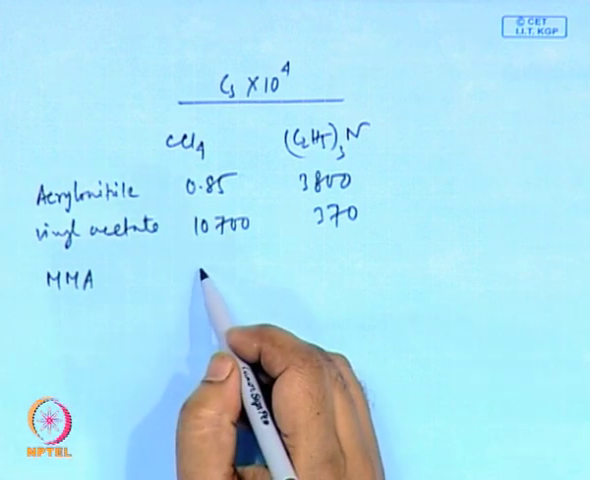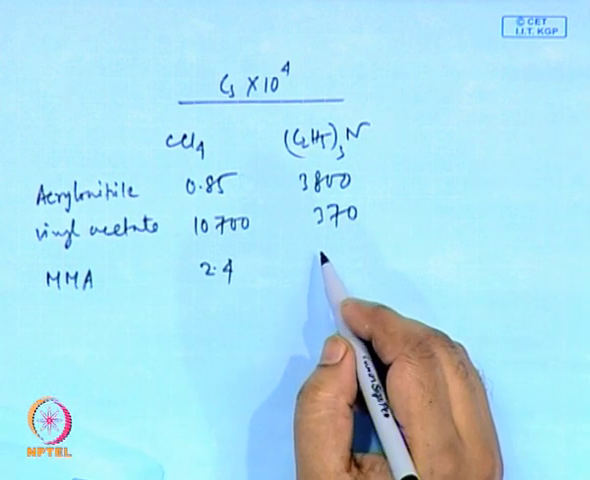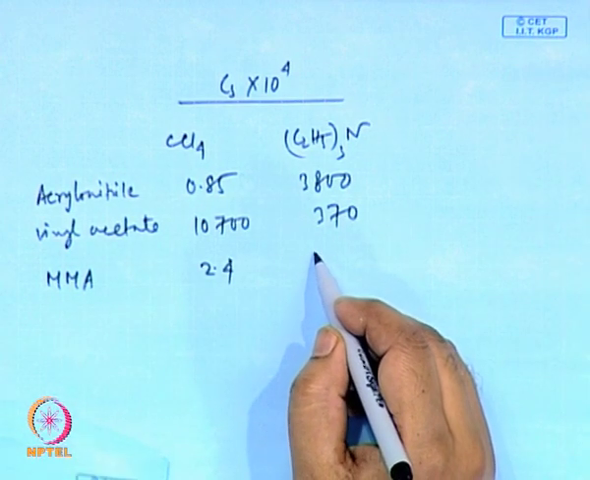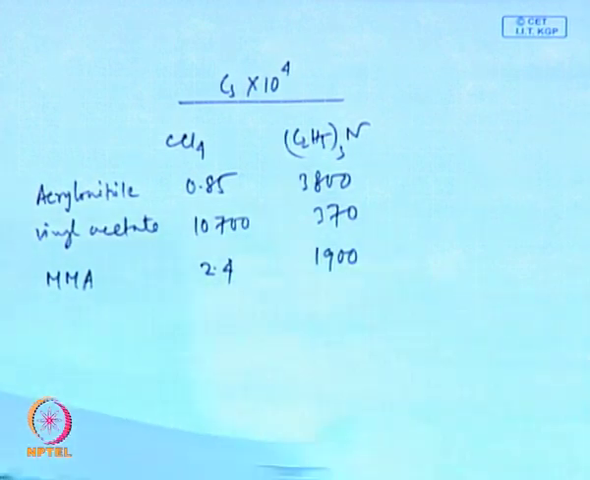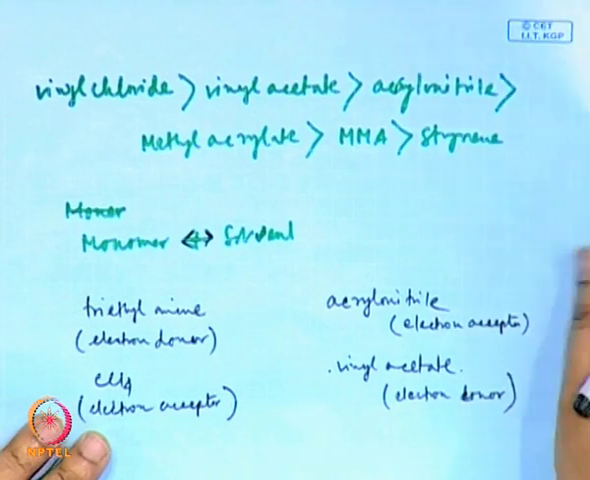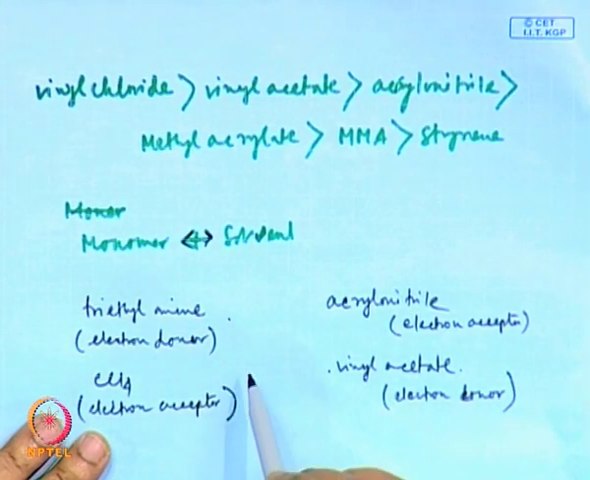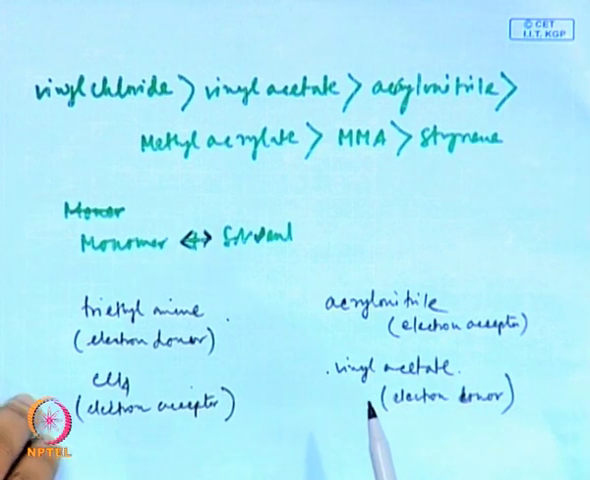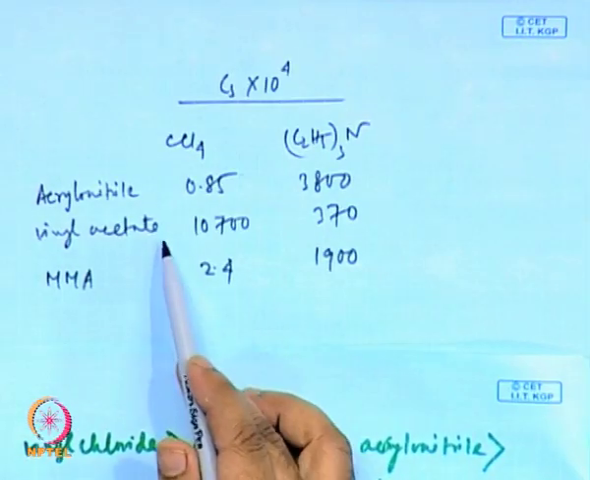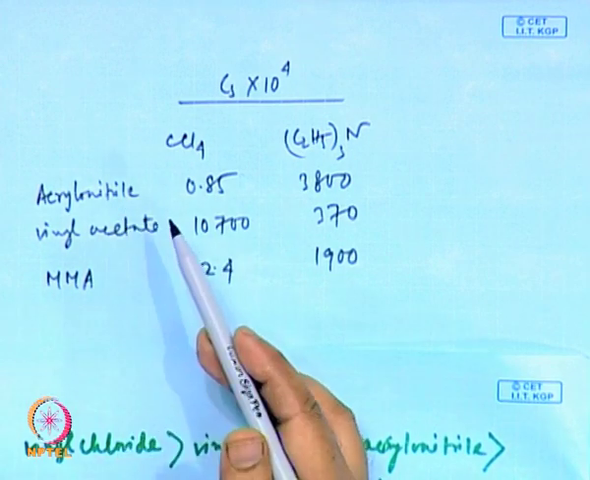and put a third monomer, methyl methacrylate, which is again an electron accepting monomer, and let us see whether it is more generic. So, acrylonitrile will prefer reacting with this as a transfer reaction compared to this, whereas vinyl acetate will react more with this than this. So, compared to vinyl acetate, it has more tendency for transfer reaction with CCl4,